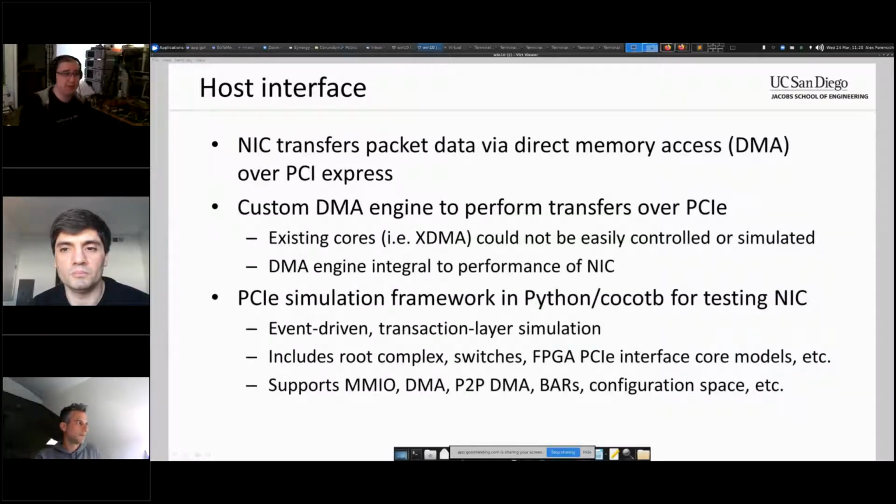Now, the NIC has a host interface. Corundum uses PCI Express to connect from the FPGA to the host, and we use a custom DMA engine to carry out all the transfers. And the reason we went for a custom one is, for a few reasons. One of them is that most of the existing cores, XDMA and